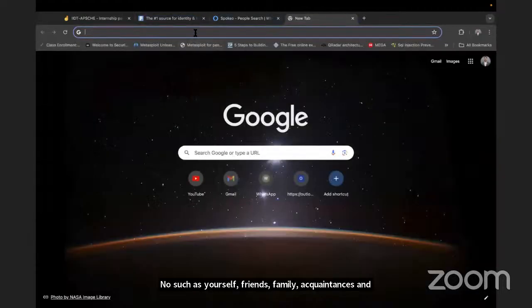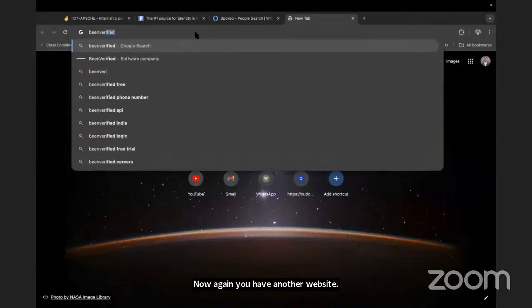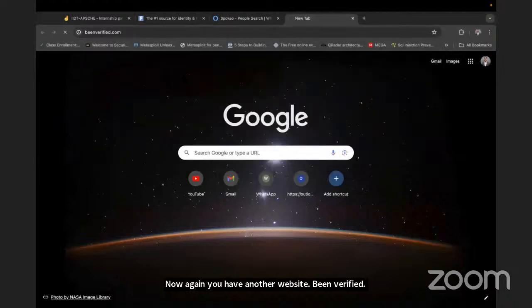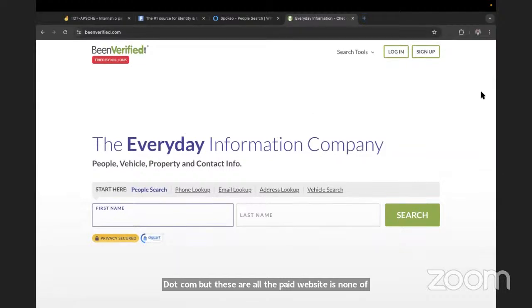Now, again, you have another website, BeenVerified.com. But these are all paid websites, guys. None of them are free. The majority of them are paid websites. They give some kind of